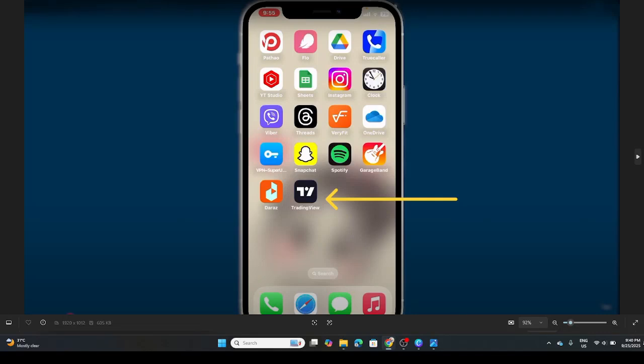In today's video, I'm going to teach you how to change the currency on the TradingView mobile app. This is a handy skill that can help personalize your trading experience and ensure you're viewing data in the currency that makes the most sense for you. Whether you're trading internationally or just prefer seeing everything in your home currency, this tutorial will guide you step by